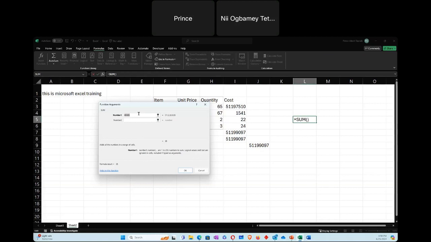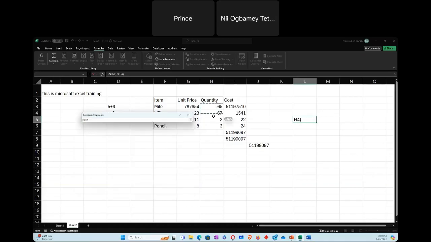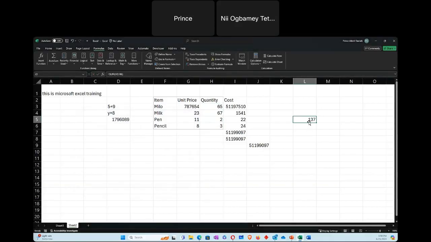Once you click on sum, it will pop up this asking you what numbers you want to add. Let's say I want to add all the quantities here. So I just click here, drag it to the end, then I'll say okay. So it will give you the answer here.